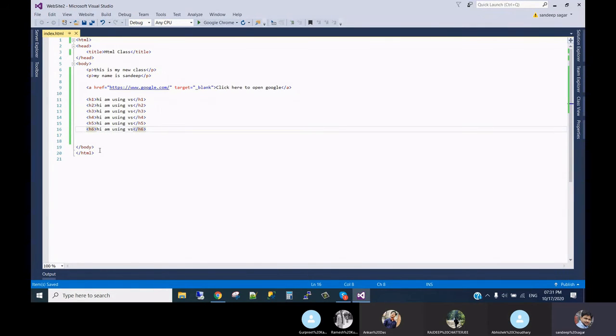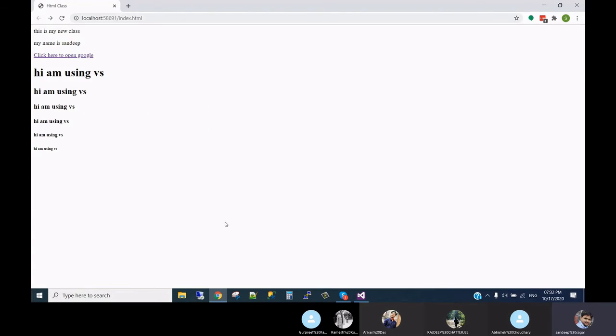Same text but in different tags from H1 to H6. If I refresh, you will see the difference. H1 is the largest one, then a bit smaller, and H6 is very small. So in general terms, we call H1 the most important tag, and H6 the least important.